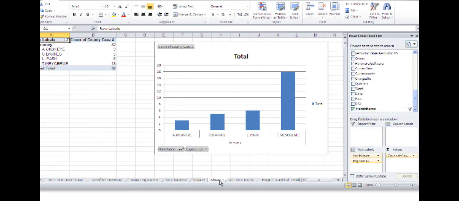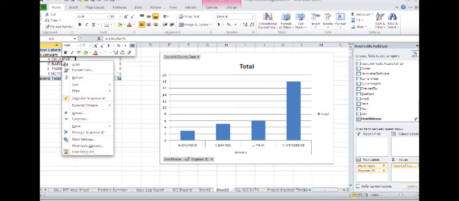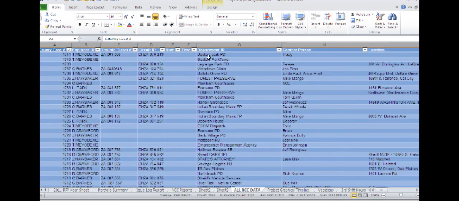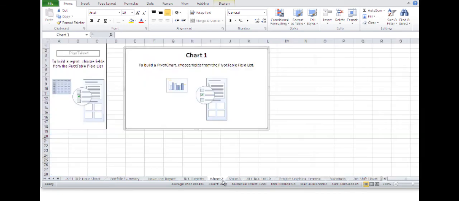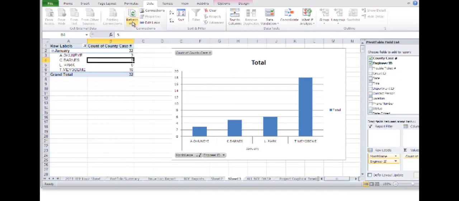Now the good thing about this is that I never have to go back into Centricity. The only thing I have to do is right click my pivot table, just say refresh, and that's going to actually go into Centricity and pull all my data back, so everything is dynamic. So if I save this spreadsheet and come into it every day, actually I can go up to data and just say refresh all, and now my data is pulled back automatically from Centricity. Thank you. I hope this was a great quick